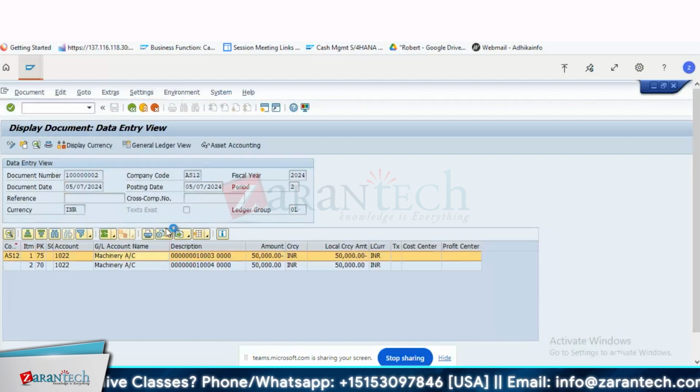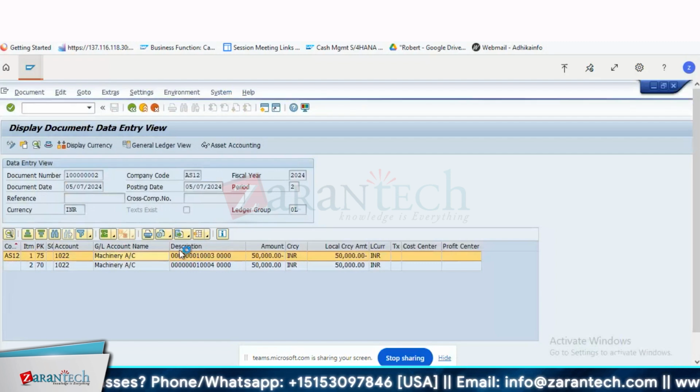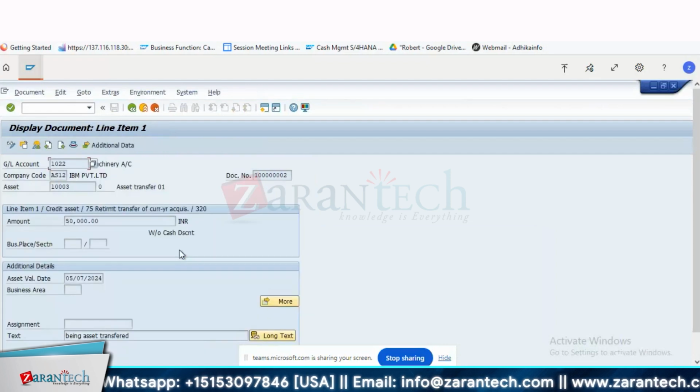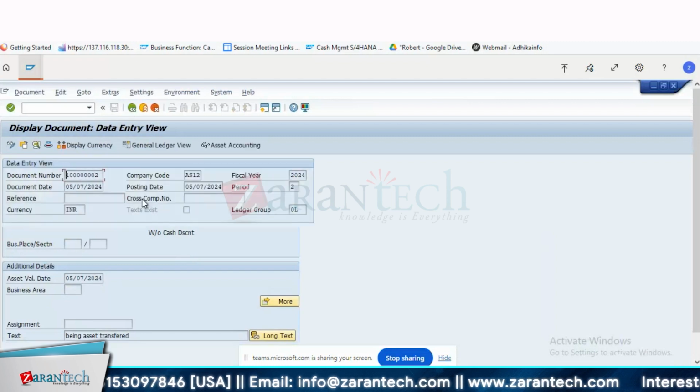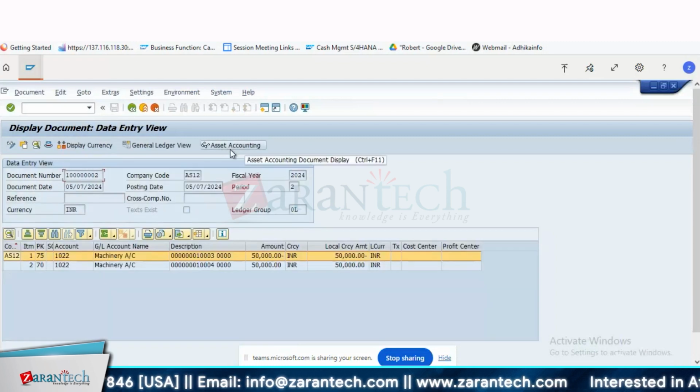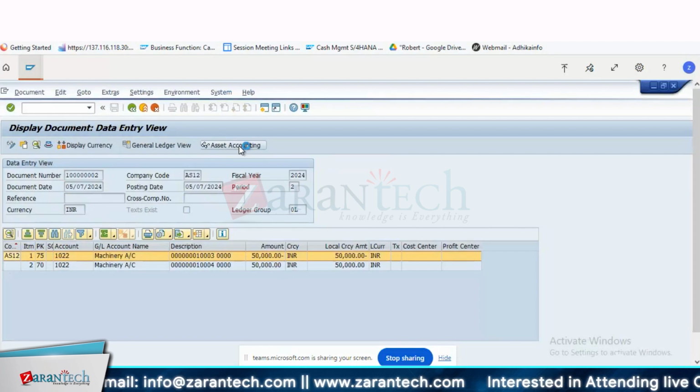So in S4HANA, what happens? Let me show you. See here, this tab button is not available in ECC system. What happens in S4HANA system? If I just click on this one,